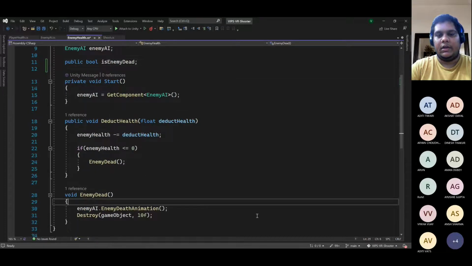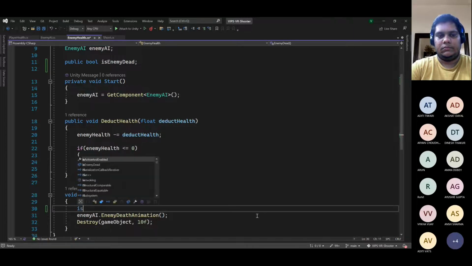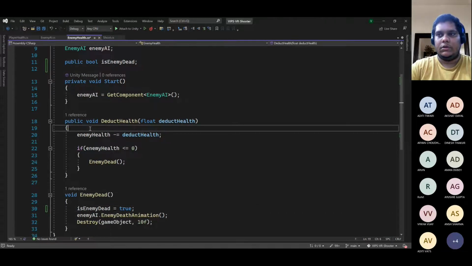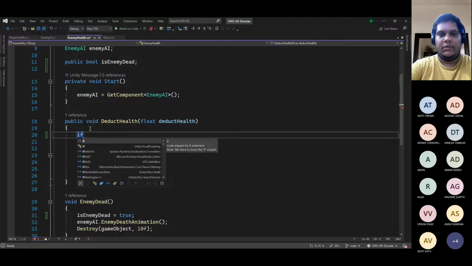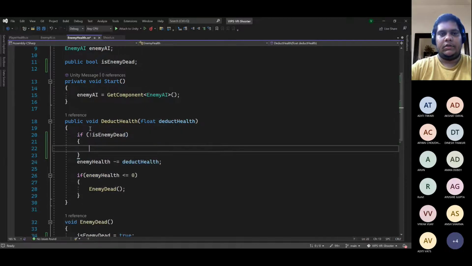Inside the enemy dead, we can make is enemy dead equals to true, and this whole thing would work only if is enemy dead is false. So if the enemy is not dead, then only all these things should be implemented,